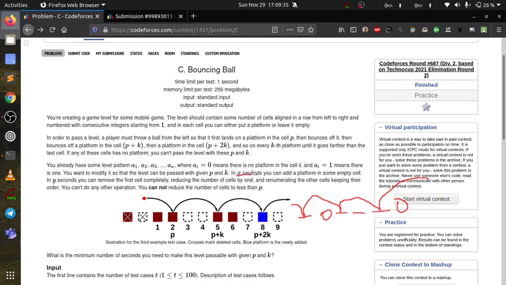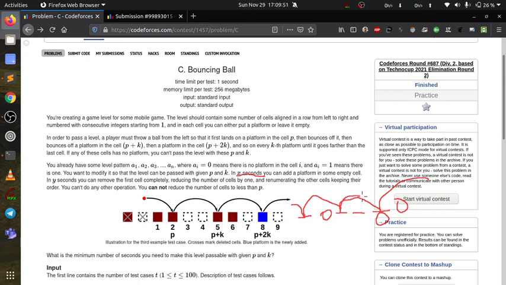So you don't need any extra seconds here. Basically, x seconds denotes that if you have 0 here, you can't bounce further from this position.